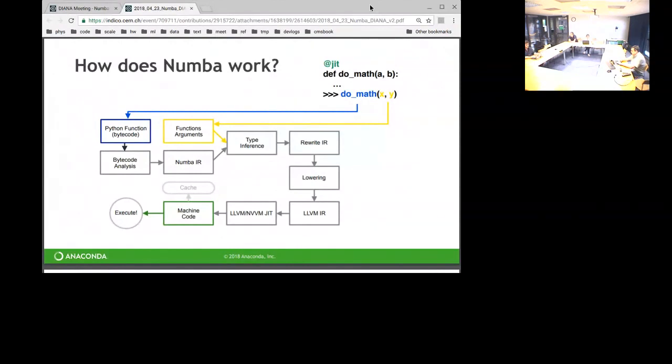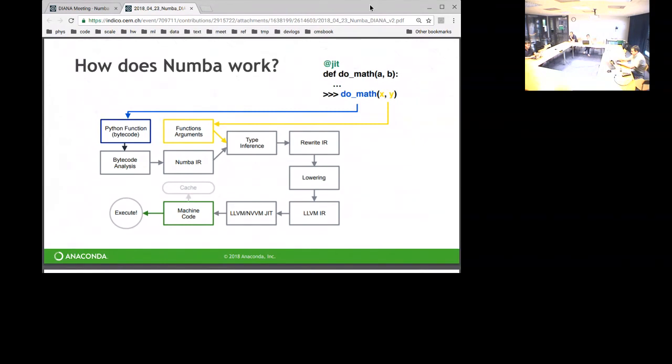This is a subtle detail. Numba compiles Python bytecode. It doesn't compile Python source code or abstract syntax trees or other things that people imagine. It actually is not looking at your Python source. It's looking at the bytecode that's generated when that source code is parsed and emitted, which actually allows us to compile functions you may not have the source code for, which can occur in a number of situations. Regardless, that bytecode is analyzed and converted to a different internal representation and combined with the function arguments